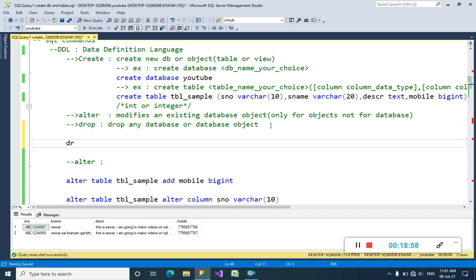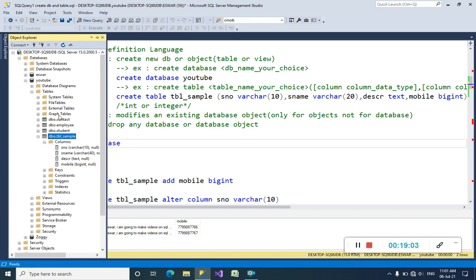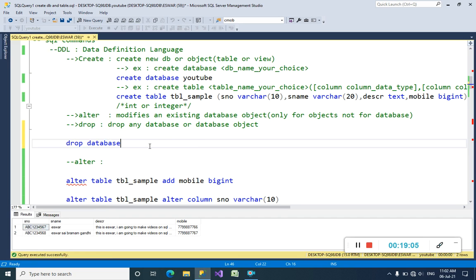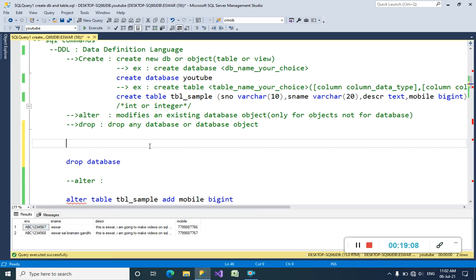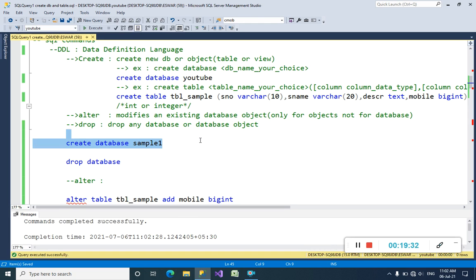See, drop database. Suppose, is there any sample database? No, I don't have any sample database, so I will create one right now and I will drop it as well. Create database sample. Sample is a predefined keyword, so we cannot use it as a database name, so I want to create it like sample one. Command completed successfully means it has been created under